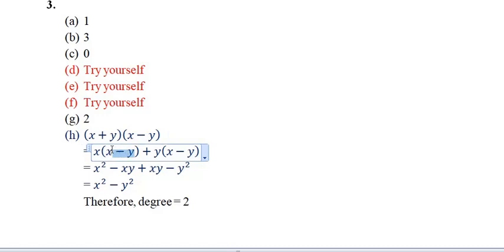And the next item is plus, so this plus sign will come out here, and then this y, again this one x minus y. Now open the bracket. So it will be x into x, it will be x square. Then minus, it will be multiplied, so it will be minus xy. So plus yx or xy, you can write it the same way. It is the same thing.